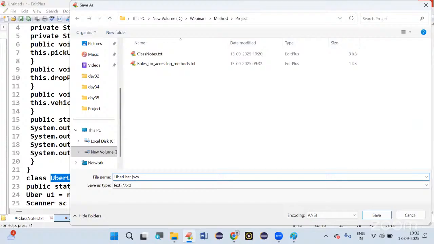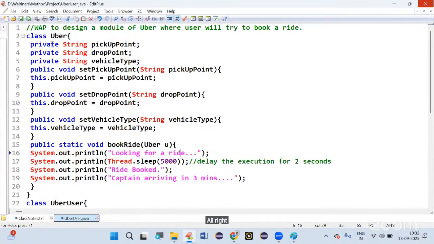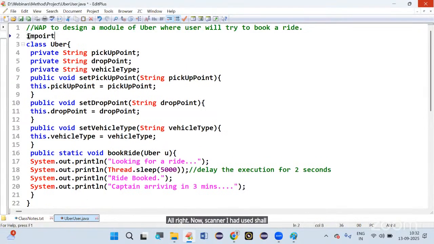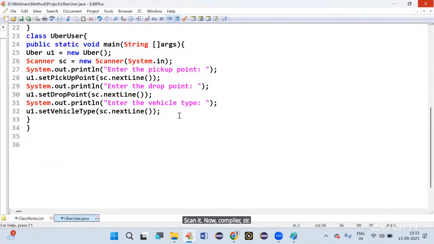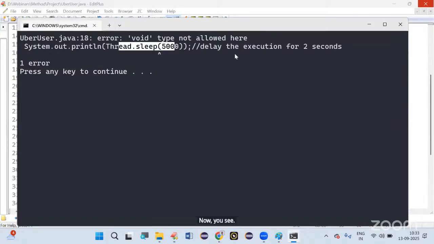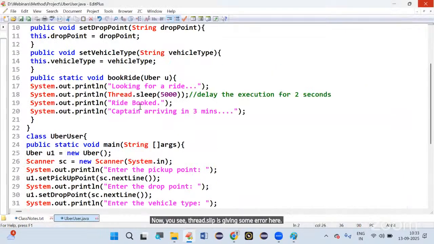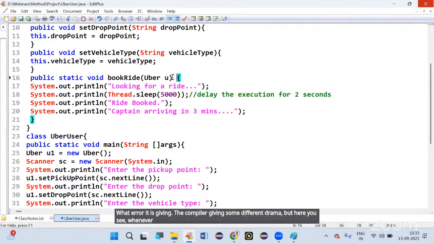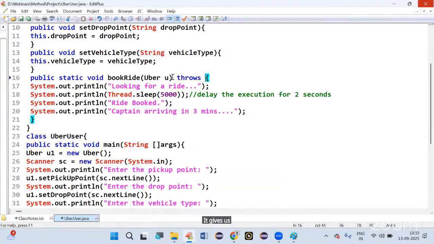UberUser.java. All right. Now Scanner I had used, so I'll be importing it. import java.util.Scanner. Now compile, sir. Wait, hold a second. Now you see Thread.sleep is giving some error here. What error is it giving? The compiler gives some different drama, but here you see whenever we are having Thread.sleep, it gives us a caught exception. So throws